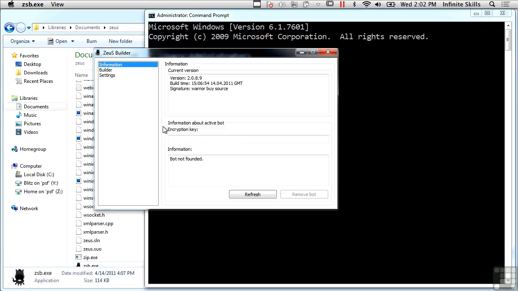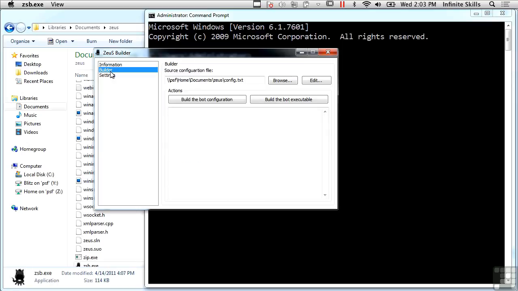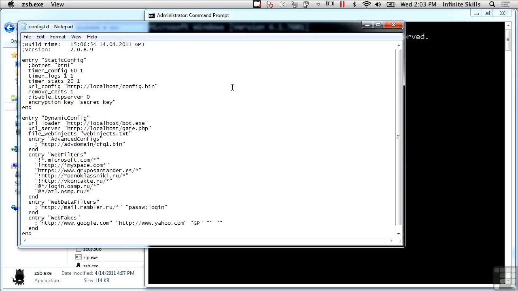or just getting a user to trigger the run of a program. So what we've got here is Zeus again, and Zeus is one of those pieces of malware that has a botnet connection associated with it. And the nice thing about Zeus is you don't have to worry too much about creating the malware yourself. They've got this nice little builder app, and you can decide the various things you want to do with it. It comes with a configuration file,